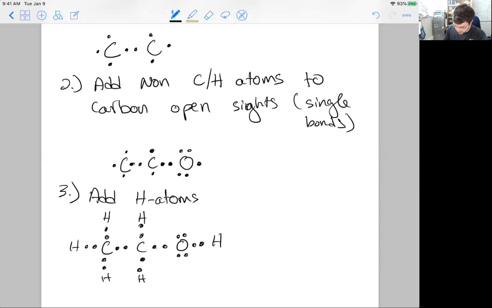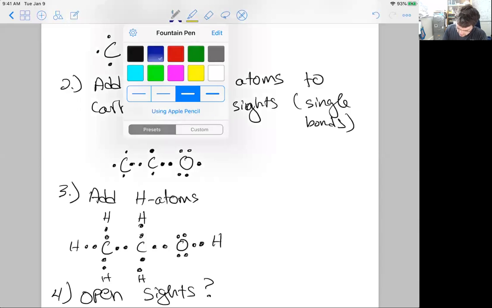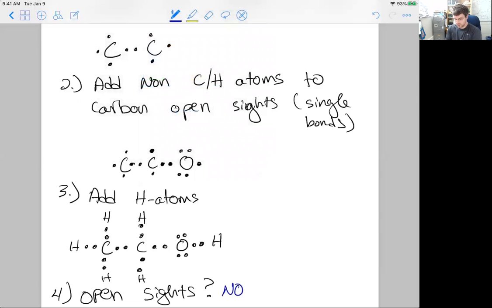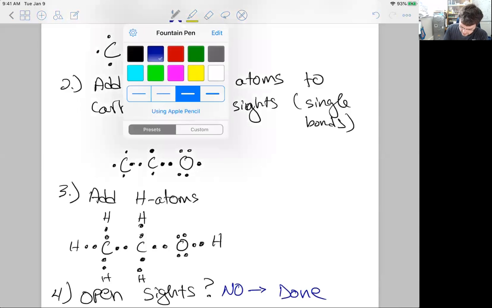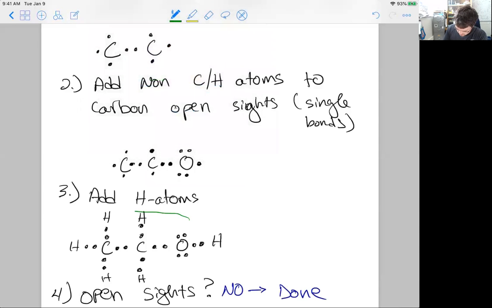We should check for open sites. Are there any open sites? Our answer is no. If we look, we have no more single electron holes sitting around these atoms. If the answer is no, then we're done. All right, so what we have here is a stable molecule